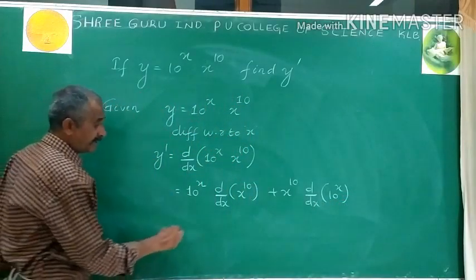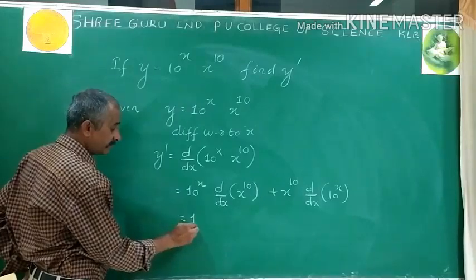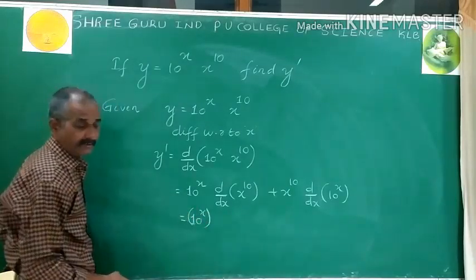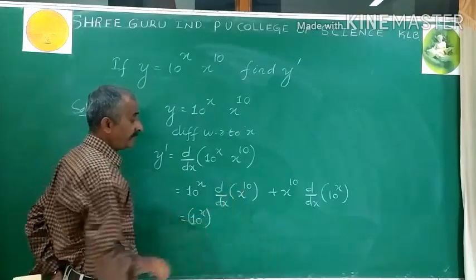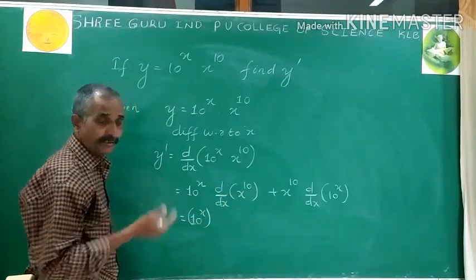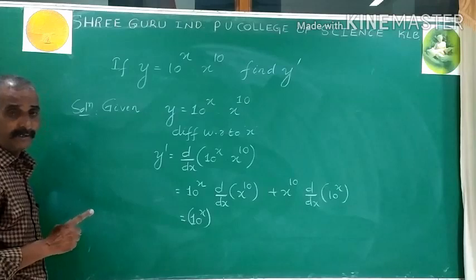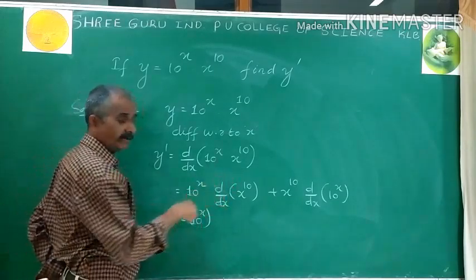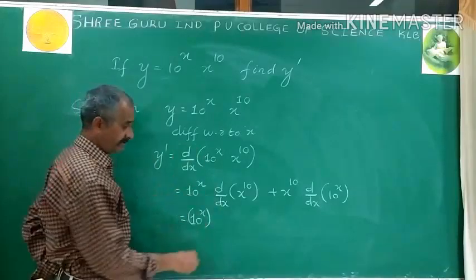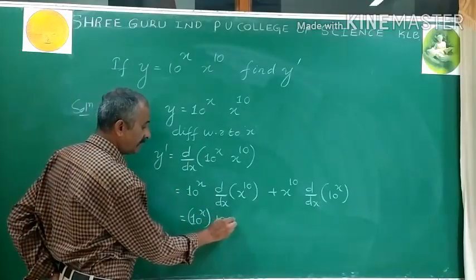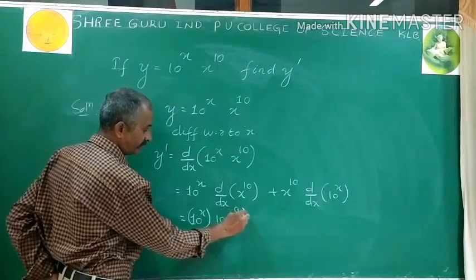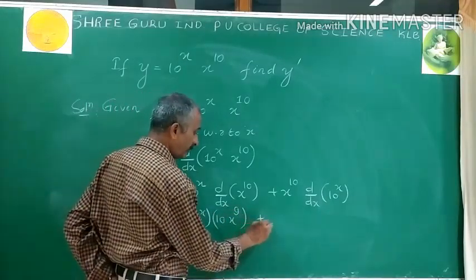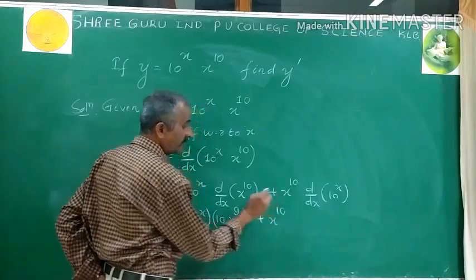And let's apply the concerned differentiation formulas. 10 to the power of x, no change, as it is. Whereas differentiation of x to the power of 10, using differentiation of x to the power of n, n x power n minus 1, means here 10 into x to the power of 9. 10 multiplied by x power 9, plus x to the power of 10 into